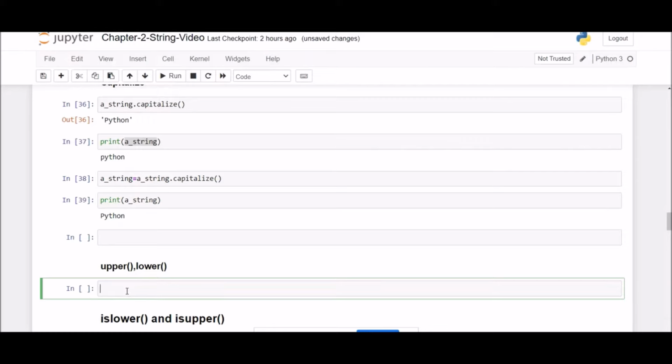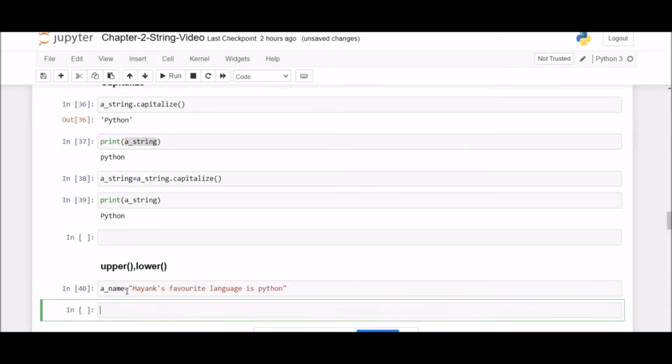For example, if I'm declaring a string variable, this time let us take another name for the variable, a name equal to double quote, Mayank's favorite language is Python. Let us execute this.